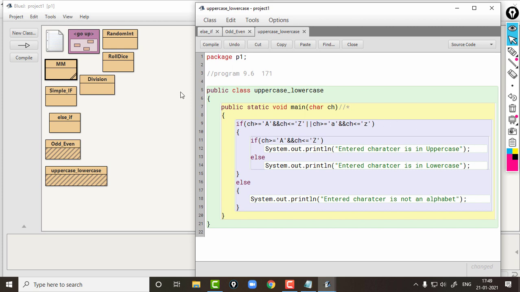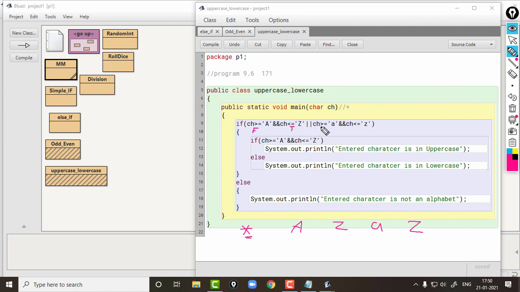See, according to Java, the value of the asterisk symbol, or this kind of operator, will be less than the alphabet, whether it is A or Z, isn't it? So this asterisk symbol has a lesser value than the alphabets. So coming to execute each statement, ch greater than or equal to A will give a false result, isn't it? So this relational expression will give false. Then ch less than or equal to Z, this one is true, ch is less than capital Z, so this one gives a true result.